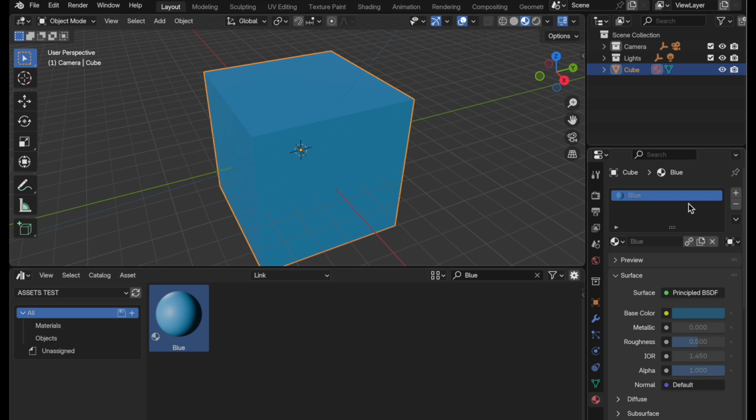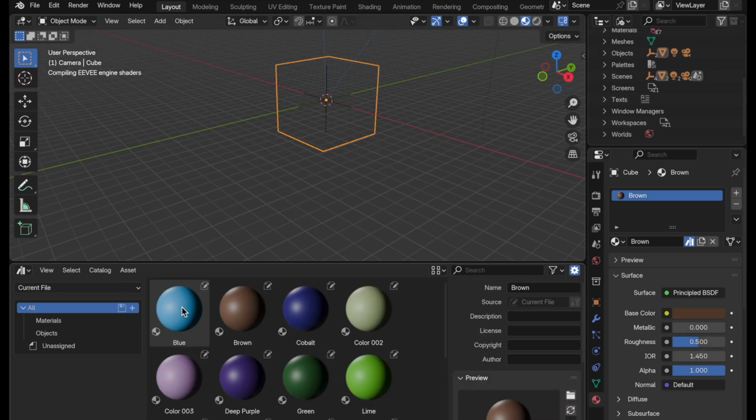Blender is not even going to try and help me find or edit that directly here from the material. I have to go hunt it down in the asset browser. Then once we've found it, we open the blend file that it lives in. And then here in the asset browser for this source asset project material, as I've got it called up here,